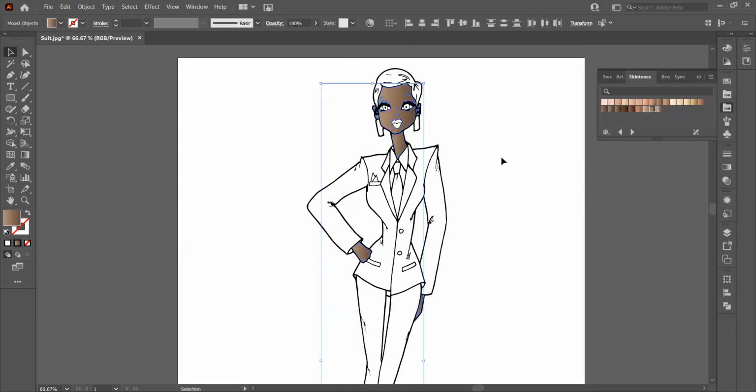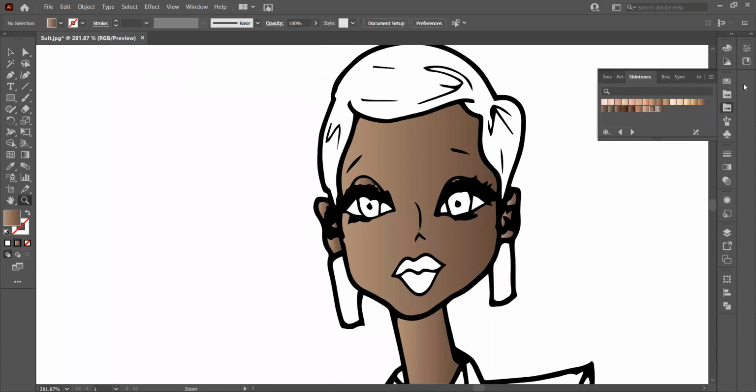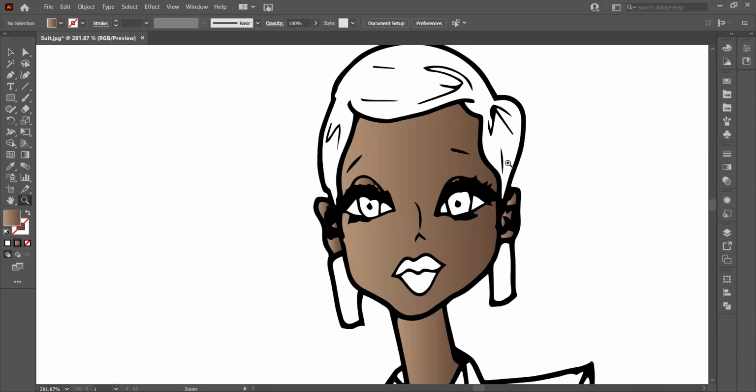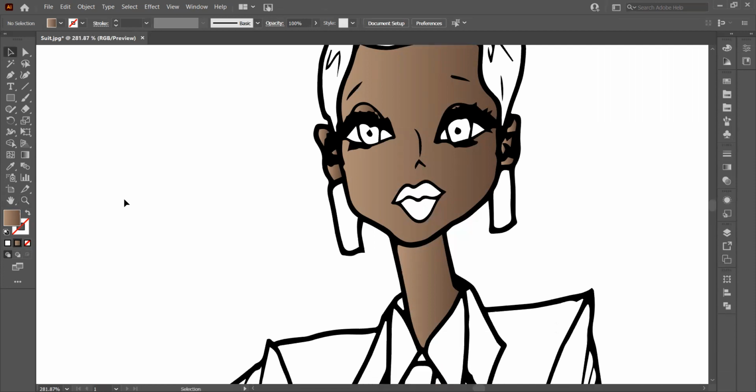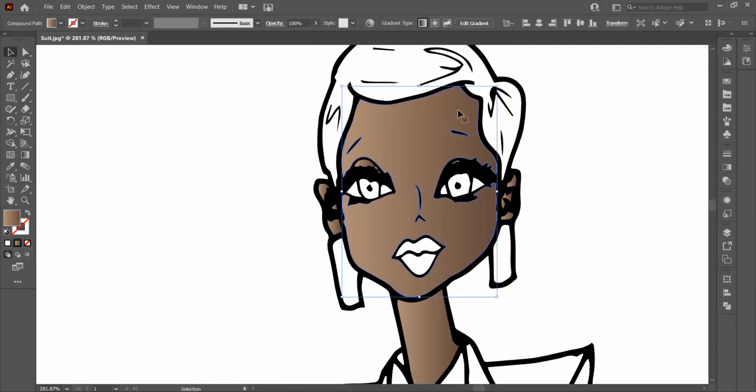Now, one thing that I also like to do, and one reason why I like to use the skin tones gradient is because it already has the natural shadows and highlights in it. But one thing that you have to do, because of course the shadows and highlights will be placed in random spots, is fix that. So I'm selecting the face,